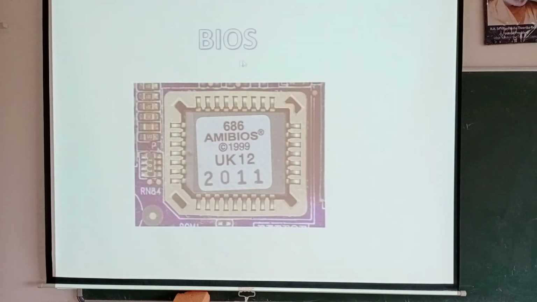Okay. So this is a BIOS chip which you can see inside the motherboard. This is one example, a picture which I have shown here. So on a BIOS chip, what does it do? Whenever the computer is switched on, the first thing is it will check whether all the hardware devices are functioning properly or not, and the second one is it will load the operating system into the memory. So this is the job of a BIOS chip.